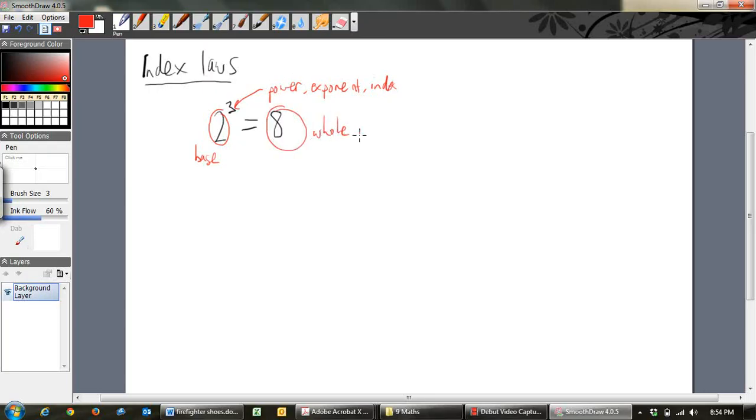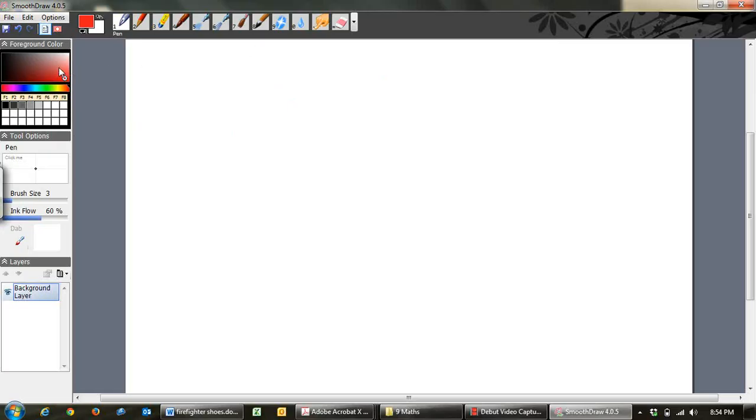And the whole thing is like the whole number or something like that. Anyway, the main important thing is that the base is that and the power is that and the whole number is equal to that. So let's go straight into it and have a look at law number 1. And law number 1 says,